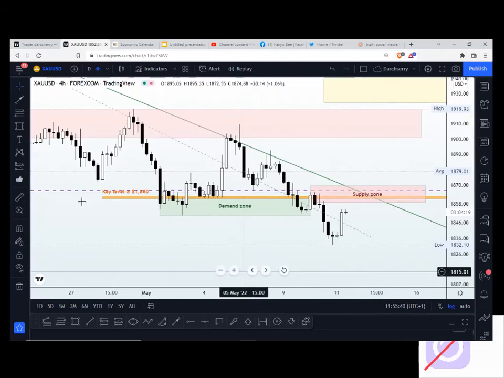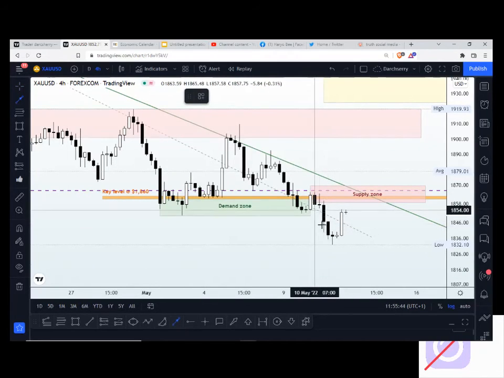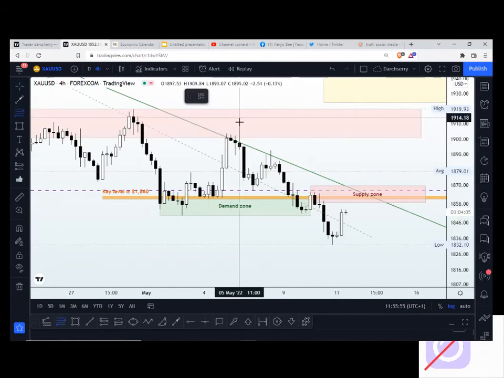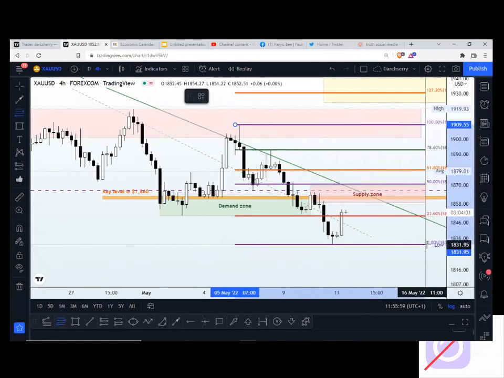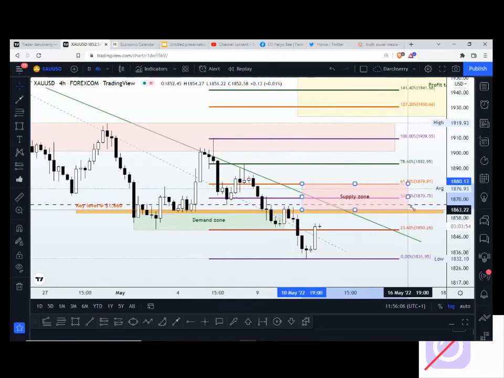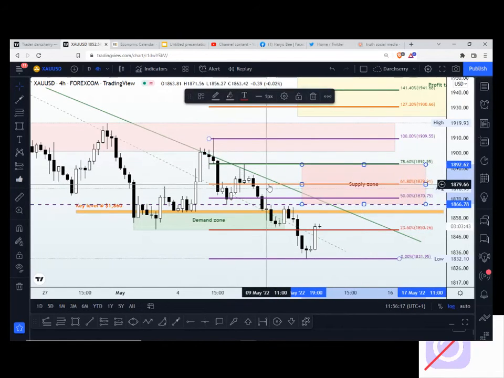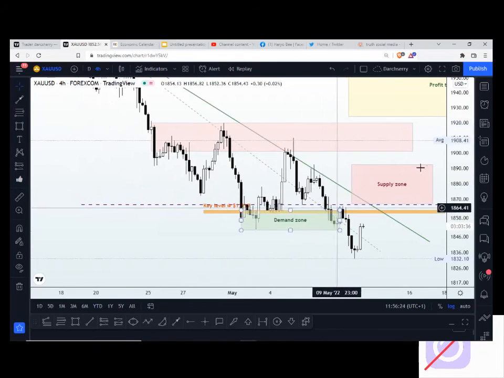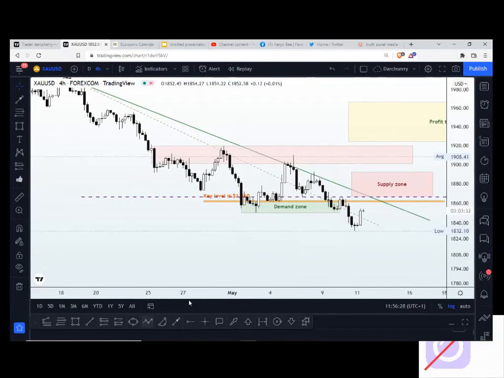We've identified a supply zone here, and considering this breakdown, then we will be looking at this impulse leg here as a yardstick going forward. So after every impulse leg, we normally have a retracement phase, and if we spool out our Fibonacci retracement tool, then we'll be having a retracement phase within this area. I think let's put it around here. So within this golden zone will be our retracement phase, and so what this means is there is likely the possibility of a breakout of that trend line, that bearish trend line, something like this. We might be having something like this where price does